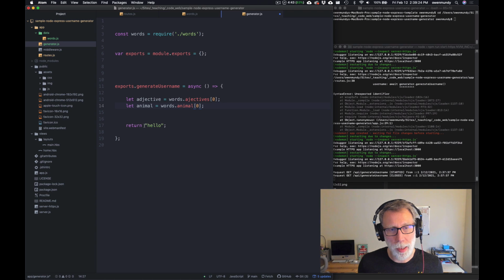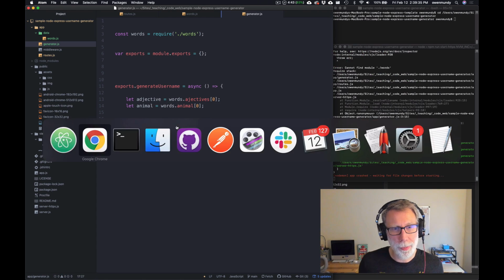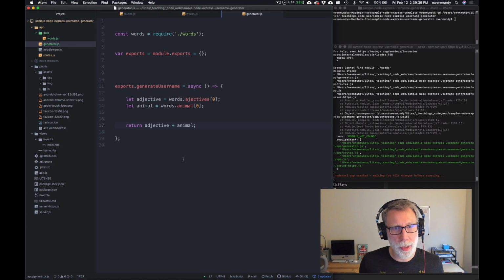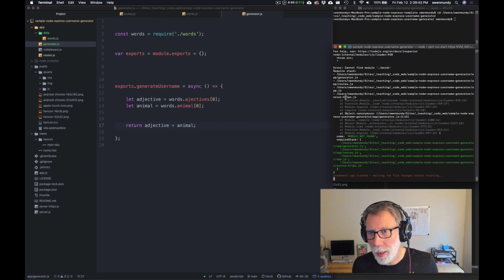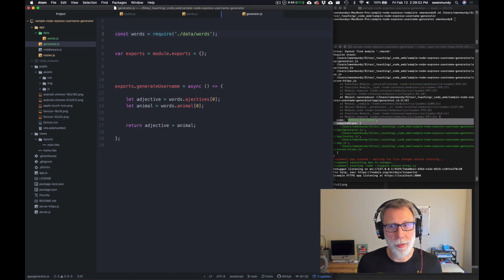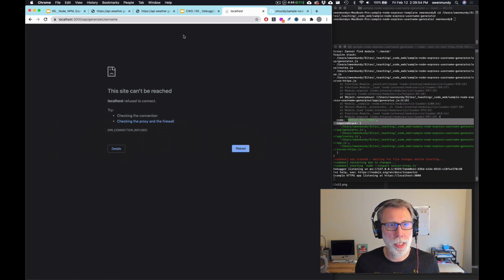Then let's do the same thing with animal, and then let's concatenate them together right here, adjective plus animal, and save and refresh, and wait for it to reboot. Oh, we got an error. Let's see, module not found. Because it's in the data directory. So if I just add data, save, and then hit refresh,